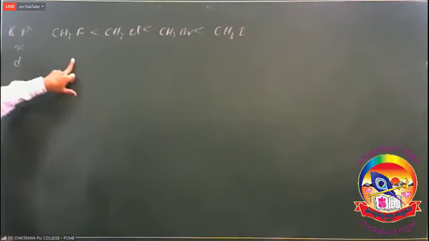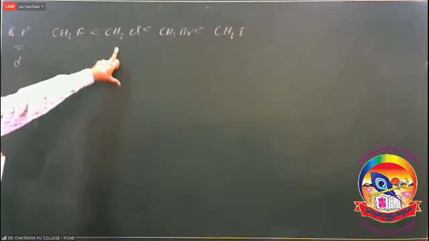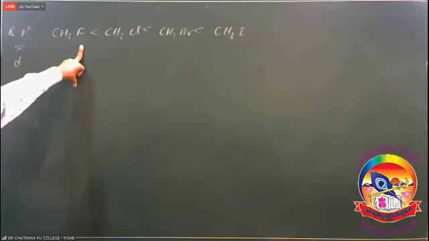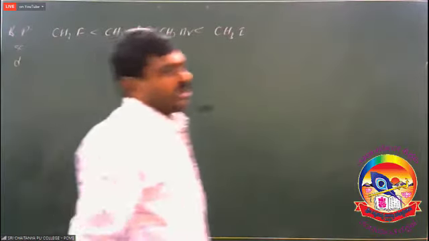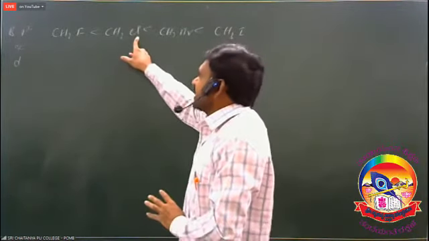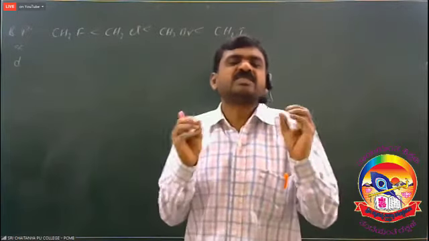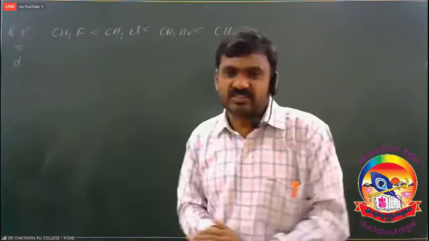Density also increases. Density is equal to mass by volume. Mass increases and volume also increases, but the increase in mass is more than the increase in volume. So boiling points increase and density also increases. Any organic compound is generally non-polar, but the C-halogen bond is slightly polar. Hence, these are almost insoluble or very less soluble in water. They are more soluble in organic solvents.